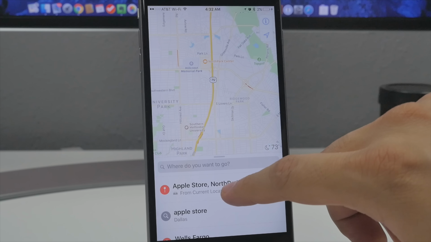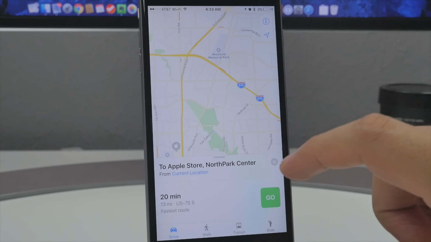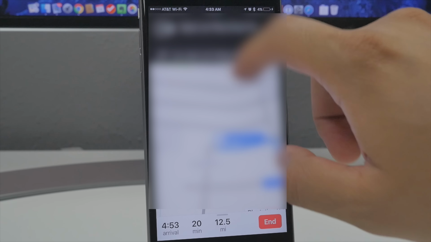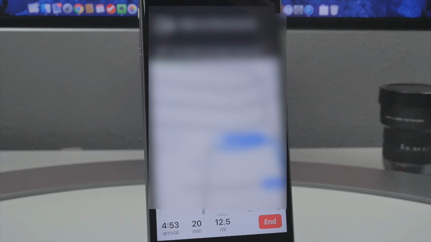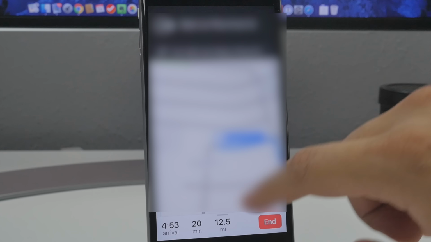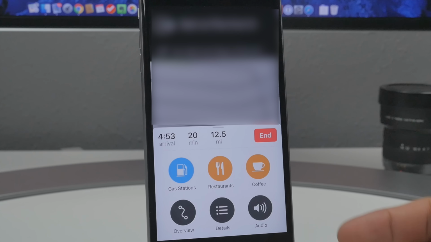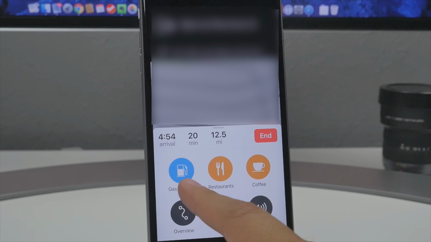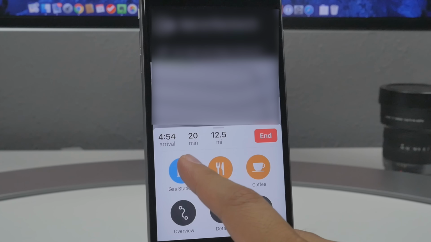But for instance, if you tap on a location where you want to navigate to, when you do tap go, this is what has gotten improved, and due to privacy, of course, this is why I'm blurring out this part. But down here you will have when you should arrive, how long it would take, and how many miles, of course. But what's cool is that another thing you can do now is